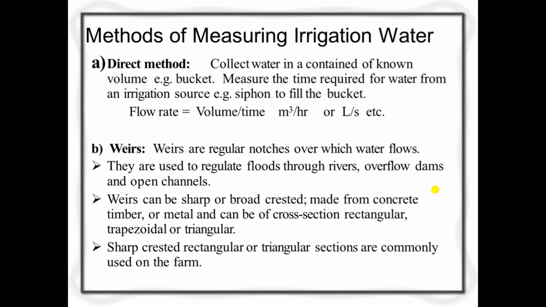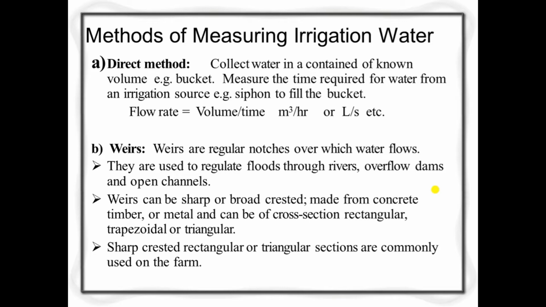Generally, the direct method is known as the volume based method. The direct method is generally based on this volume based method. This method is also called the flow rate method. If you want to measure the amount of water in that particular flow, we have to calculate the volume per time of flow.